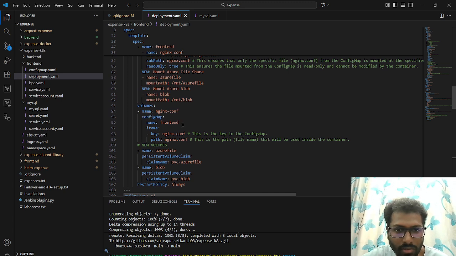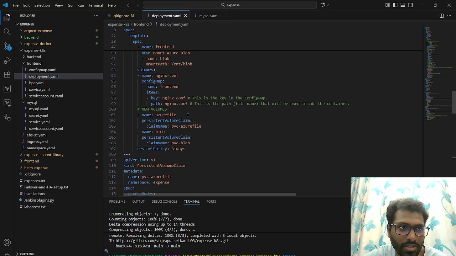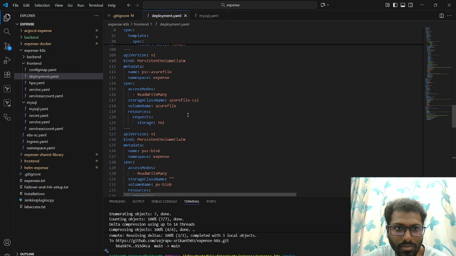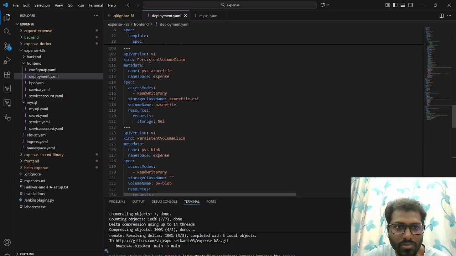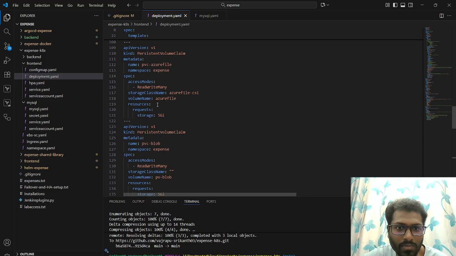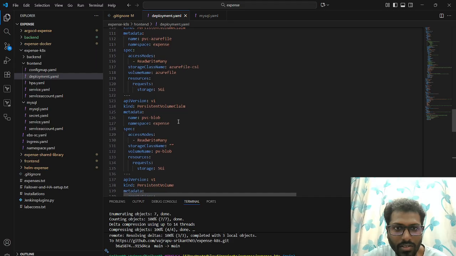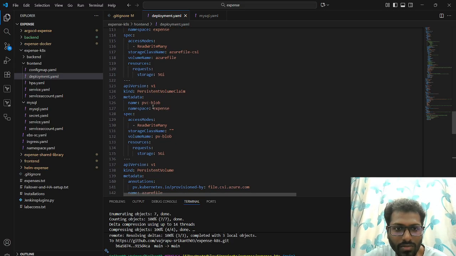So I am mounting it to /mnt/azurefile location and /mnt/blob location in the Nginx pod. So this is the persistent volume claim, with ReadWriteMany access. This is the storage class name I am providing here, azurefile-csi. And for blob storage,